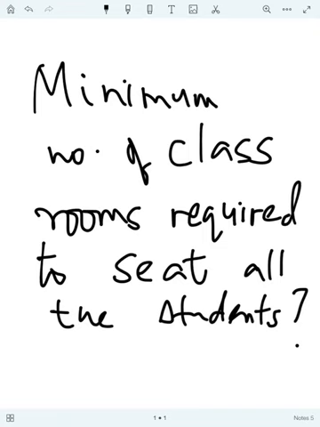In each classroom there will be equal number of students, but separately. So here again we have to apply the HCF, because we have to divide a big group into smaller groups